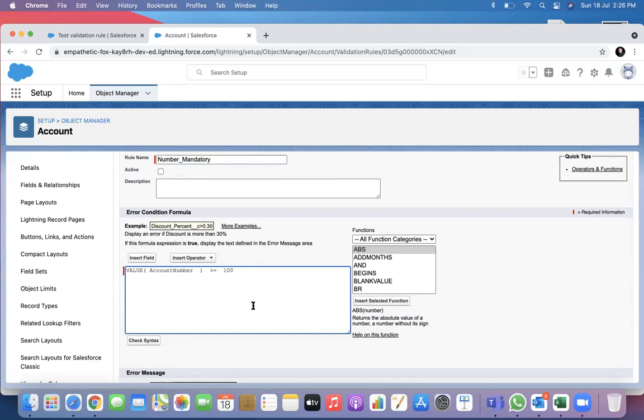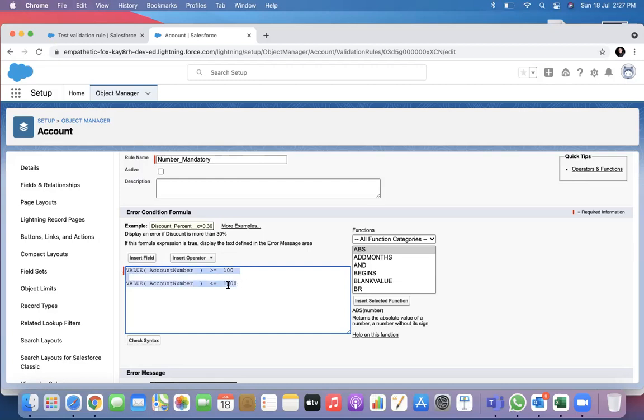There are two requirements: values should be between 100 and 1000. Greater than 100 and less than 1000. These are two logics.